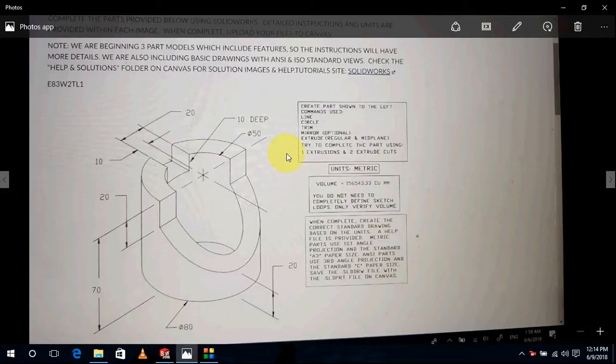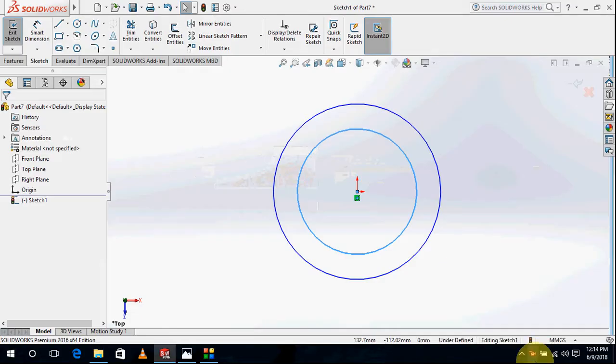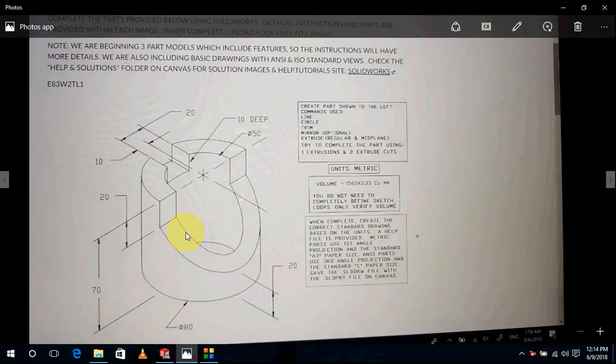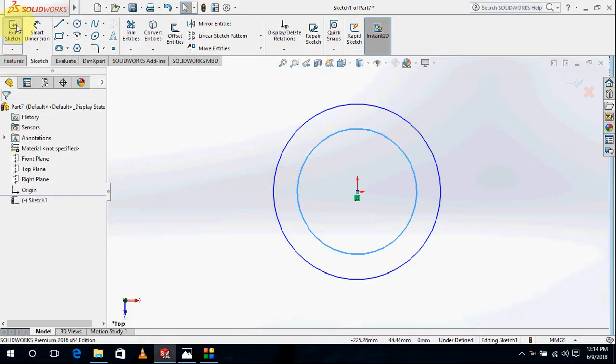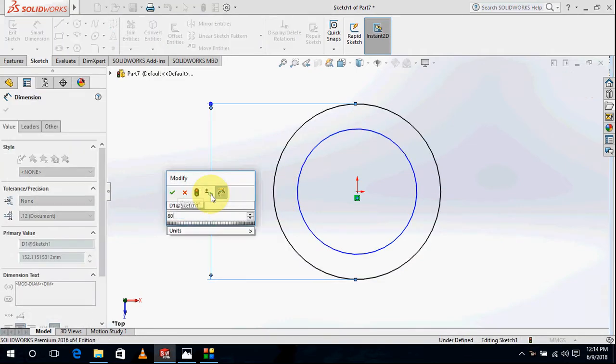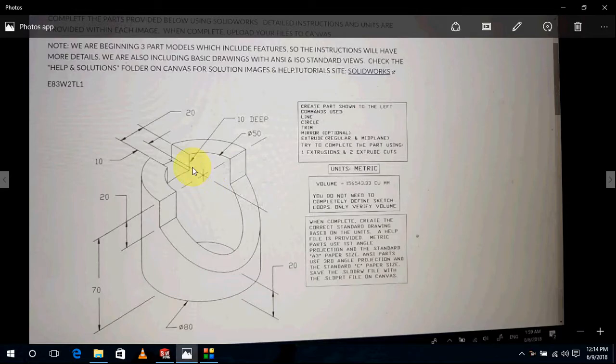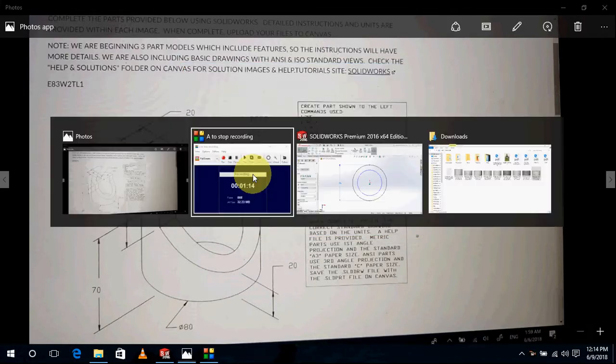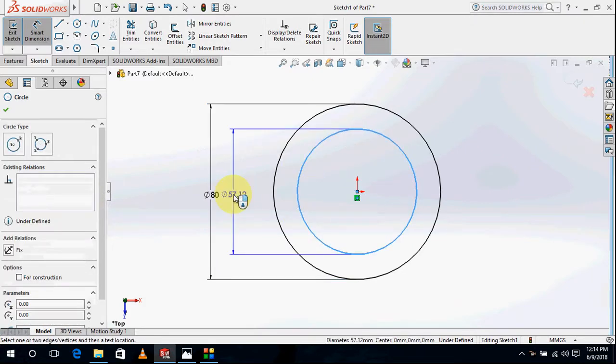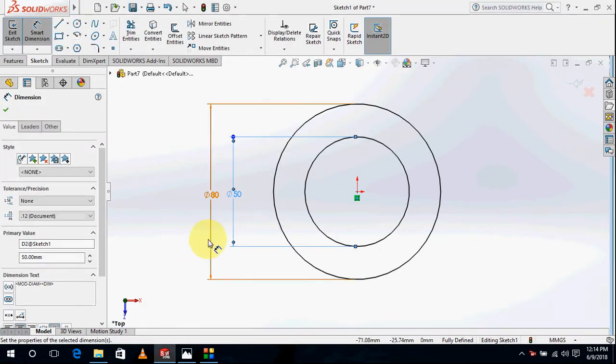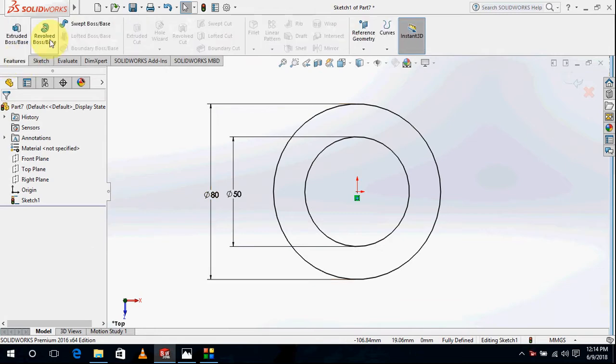and the dimension is in metric. Okay, so we are in MMGS. So the outer circle is 80 diameter, and the inner circle is 50 diameter. So inner circle is 50 diameter, and simply go to extrude